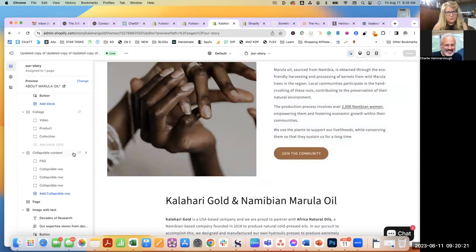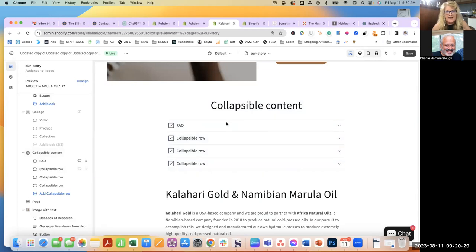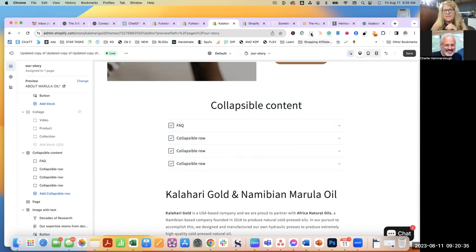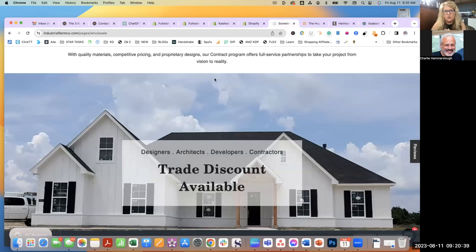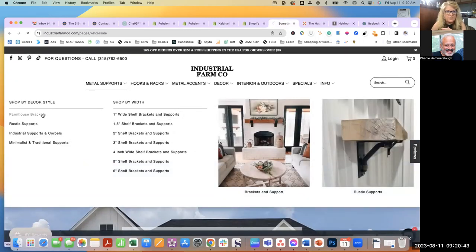collapsible content. You see how I've hidden it? So I can open it up, and so now I can add some information on my about page. So you can add FAQs on any page that you can think of. And think of any questions that your customers have or will have when they're starting to shop. As I've shown you on this page as well,